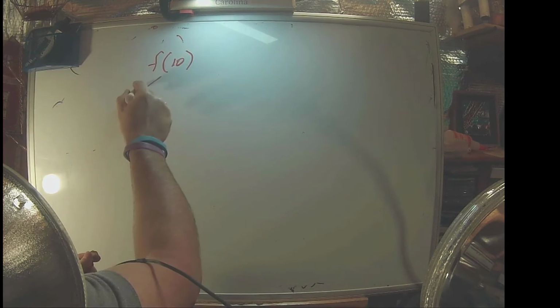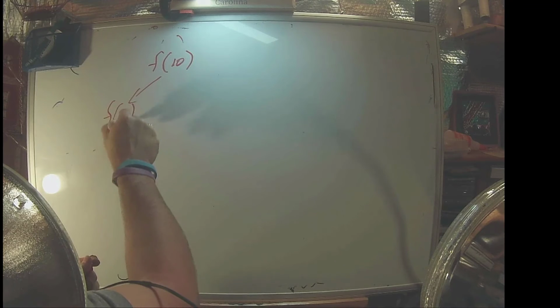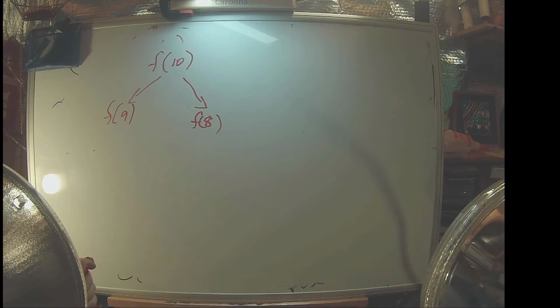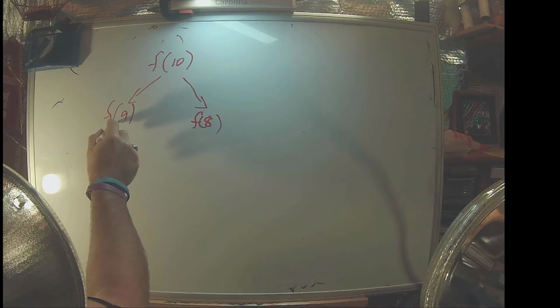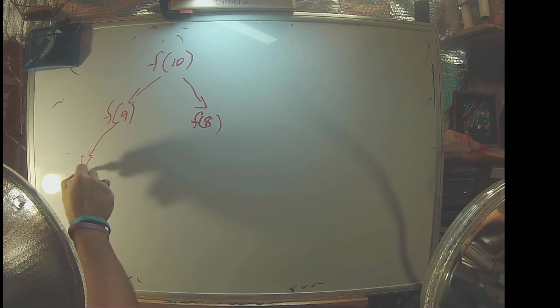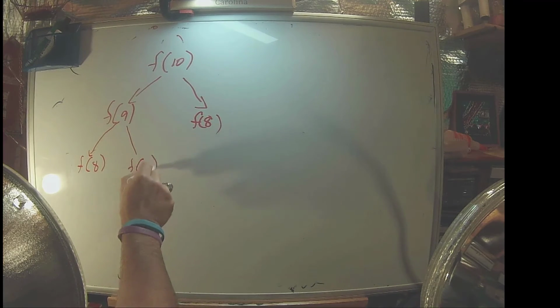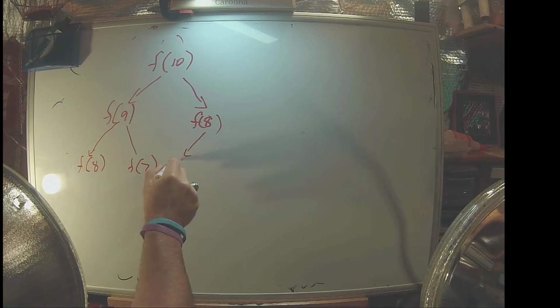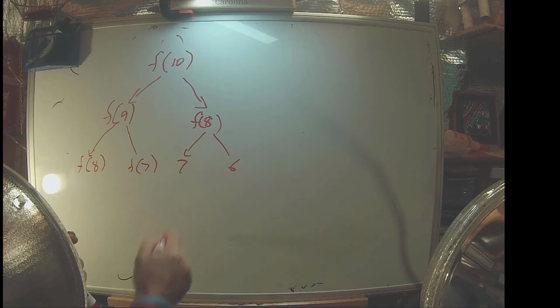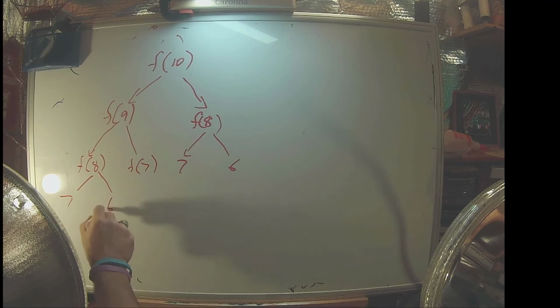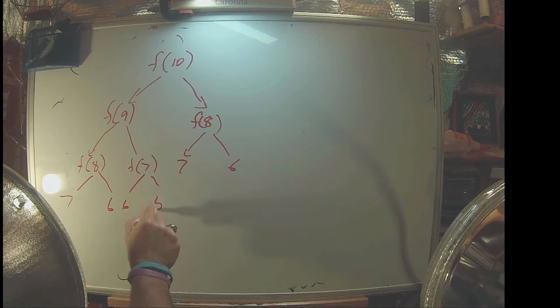So if we want to do the Fibonacci number of 10, we have to calculate the Fibonacci number of 9 and the Fibonacci number of 8. And then to calculate the Fibonacci number of 9, we have to calculate the Fibonacci number of 8 and the Fibonacci number of 7, and 7 and 6. I'm going to leave the F's off from now on. And then 7, 6, 6, 5,